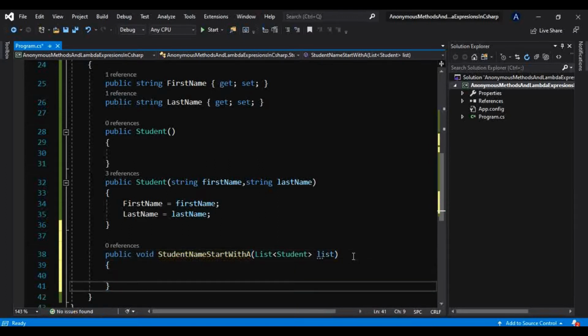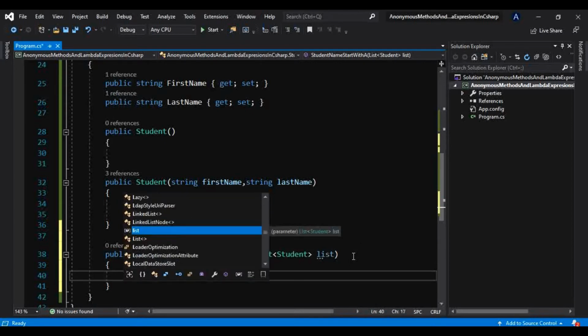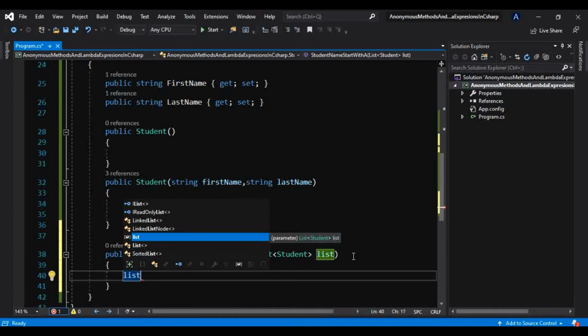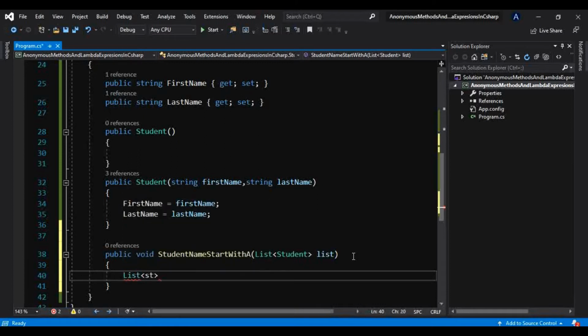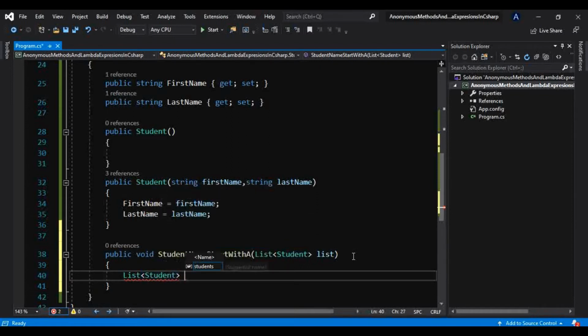And in that, I will create one list here, another list that will be of type student only, and I will name that result list. Whatever student has a name starting with A, we will add those students inside this list. Let me define that completely like this.